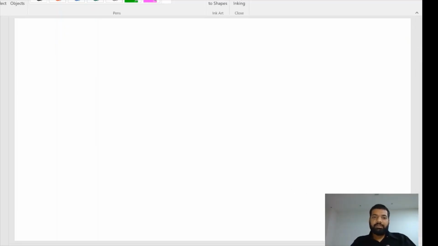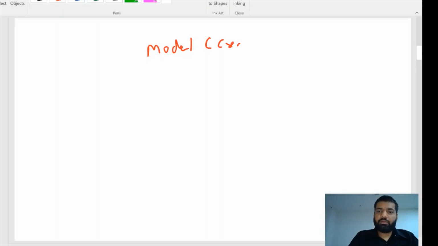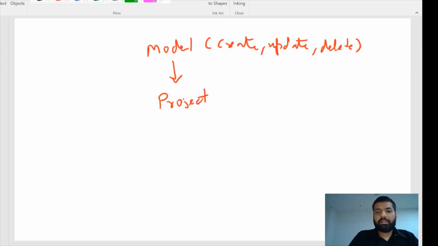So friends, let me summarize this. We started with model. We now know how to create it, update it and delete it. Then we created one project and assigned this model. Then we created one object. Now if in our object we have to refer to some objects from the base models, then we can update our existing model.